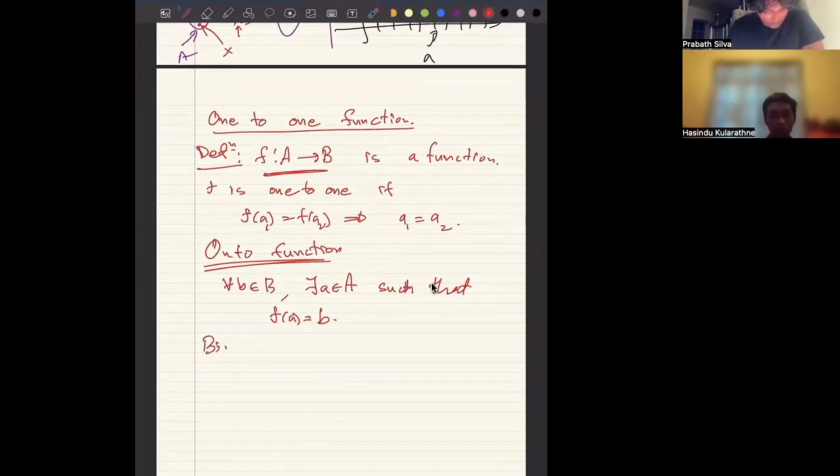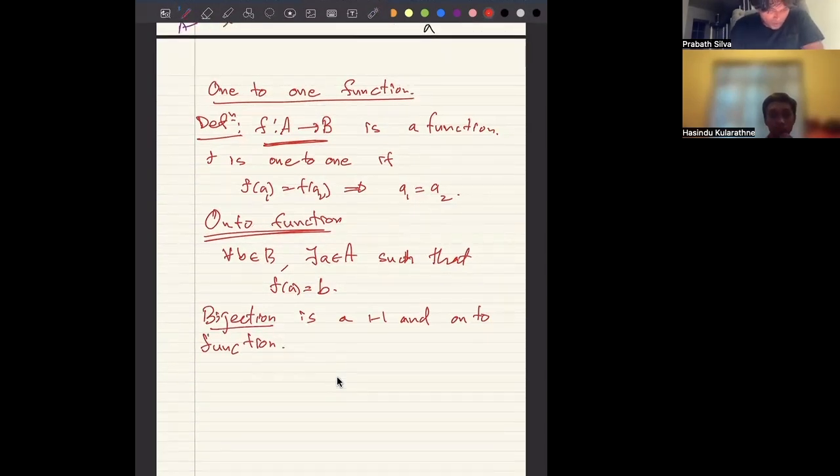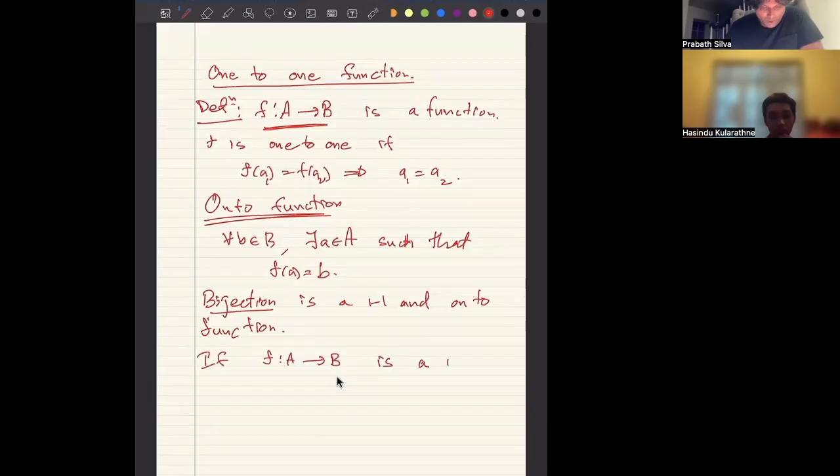A bijection is a one-to-one and onto function. We write it like this: one-to-one and onto function. And if f going from A to B is a one-to-one and onto function,